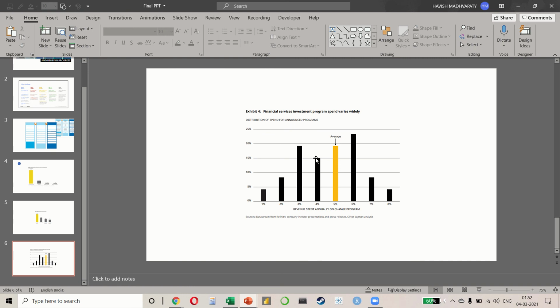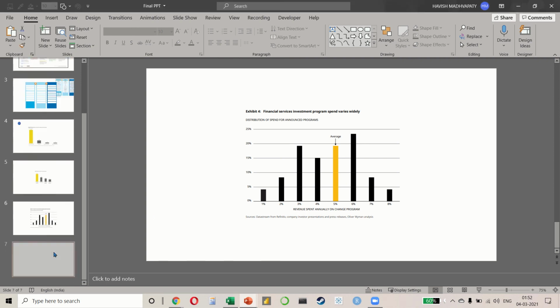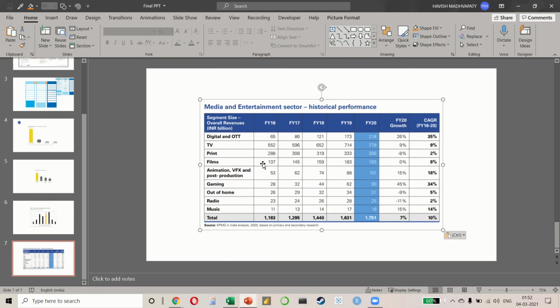They also are using the concept of a differential color here. Now remember, differential colors can also be used for tables. Here we have a KPMG report, and you can see that they have used a differential color to highlight one specific column.